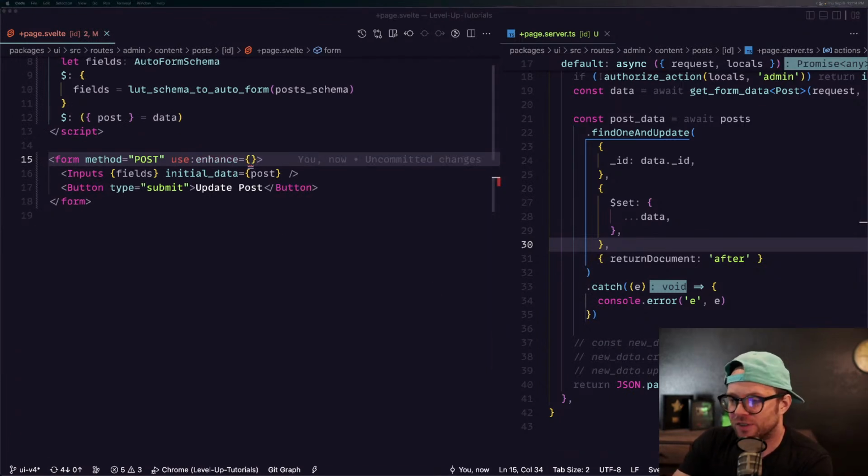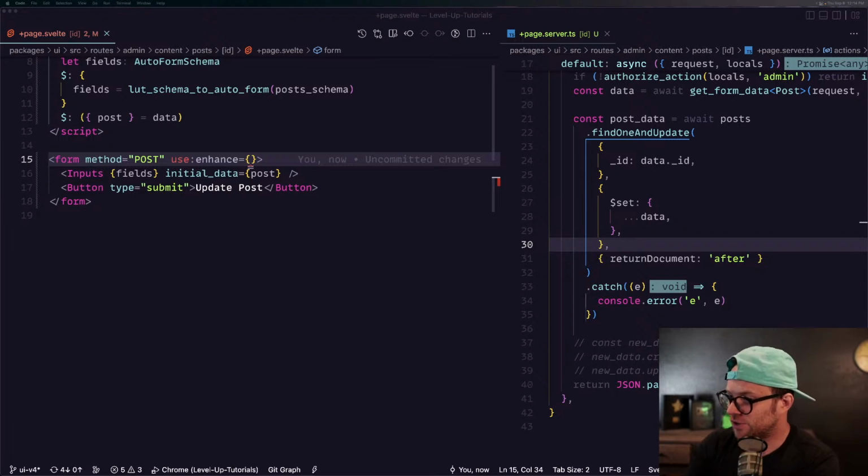By default, this function just works, and with use enhance, it does nothing in terms of the page, right? So that's nice that we have use enhance, but if you don't want to write your own factory function and you just want to do something simple like a toast message, or a redirect after the page, and you don't want some sort of reproducible pattern like what we've tried to do here,